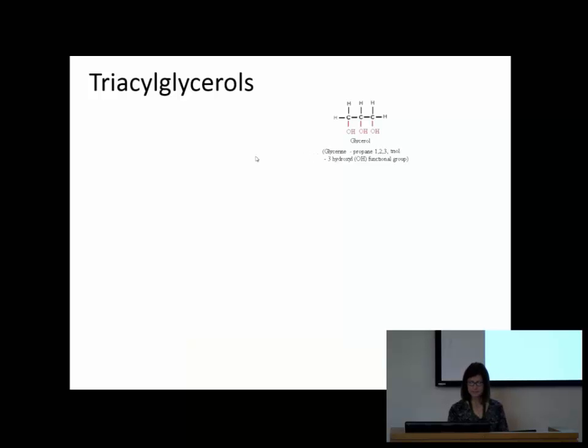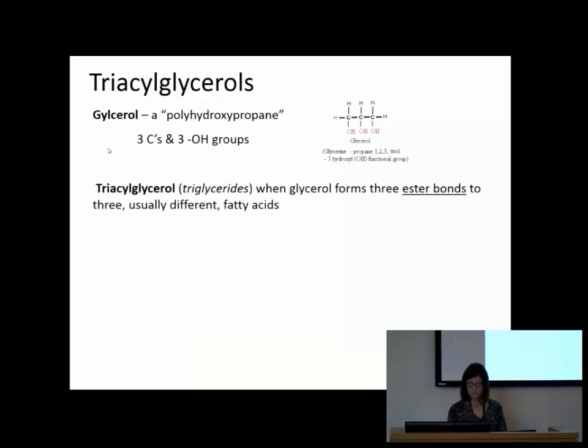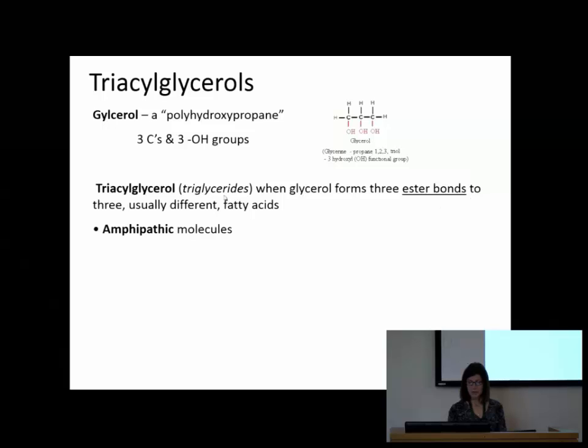So what we're going to do is form 3 esters. Do you guys remember your functional groups? Ester, the old lady name. It's going to be the acid, but you don't have that hydrogen. You have a carbon on the other side. And then you're going to have 3 fatty acids connected between the acid and the alcohol. So an ester is created, and we'll see this a little bit later, when you react an alcohol, and we have 3 different positions, with an acid, with our fatty acid. And they're going to connect at these points. It's amphipathic because the ester is going to make it polar, and then you have the nonpolar tails.